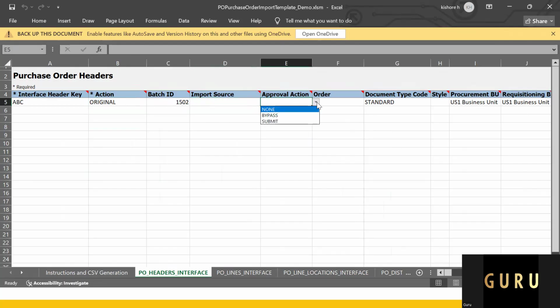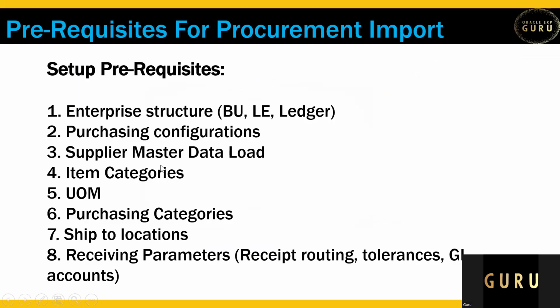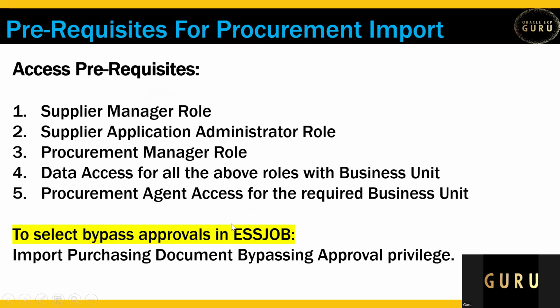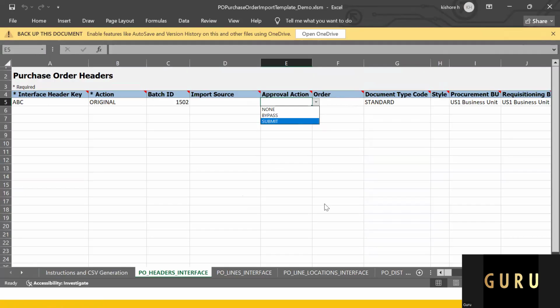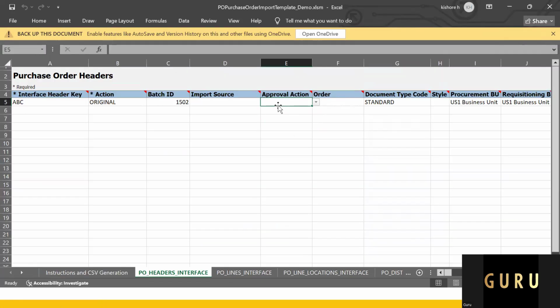Approval action: in case you specify the default as bypass, as I told you, you should have the specific privilege in your ESS job import orders. If you want to select the approval option as bypass, then make sure that this particular privilege exists. If you don't want these kinds of approvals or modifications at the import orders level, then you can delete